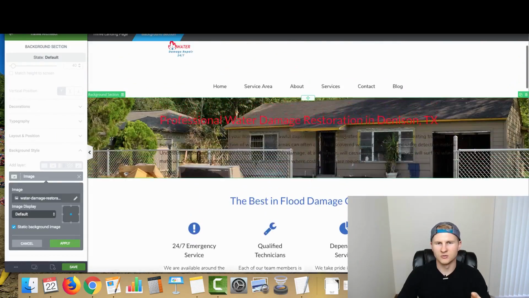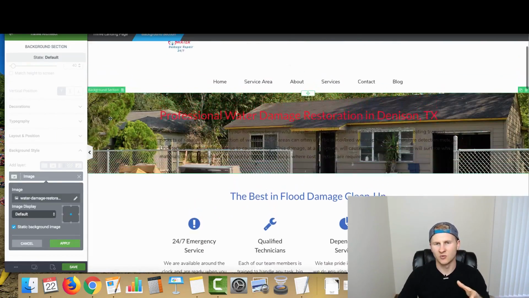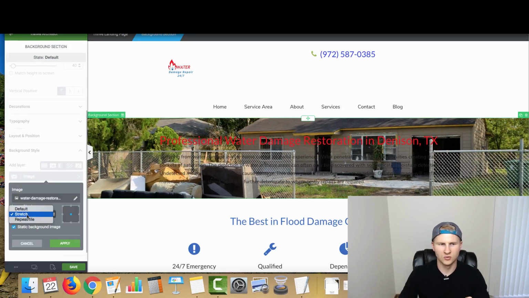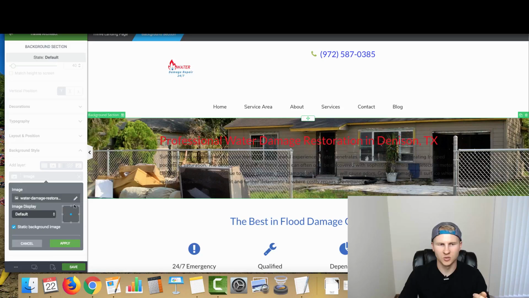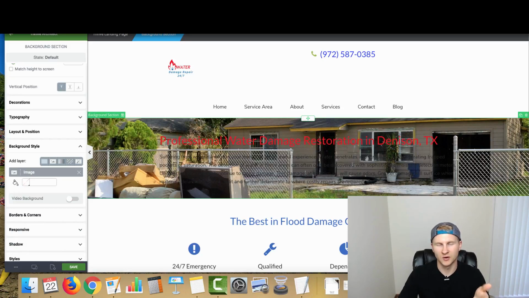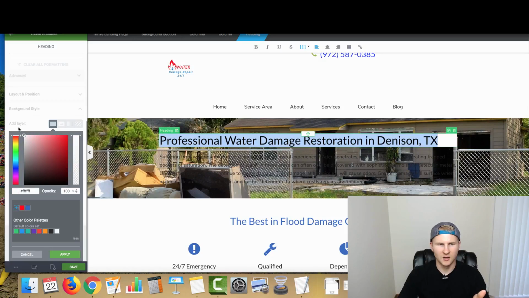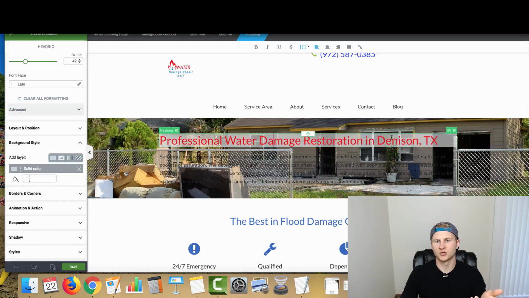What we want to do is make this like a sticky background, which I think makes it look really, really good. We're basically going to do static background image. That's what's going to hold it there. You can either do stretch or default, whichever looks best on your site with the image that you have. We can tell that this is really hard to read, so we're going to make it a white background, and we'll go to about 60% opacity, and there's that. So now we can actually read it, and we want to change the city